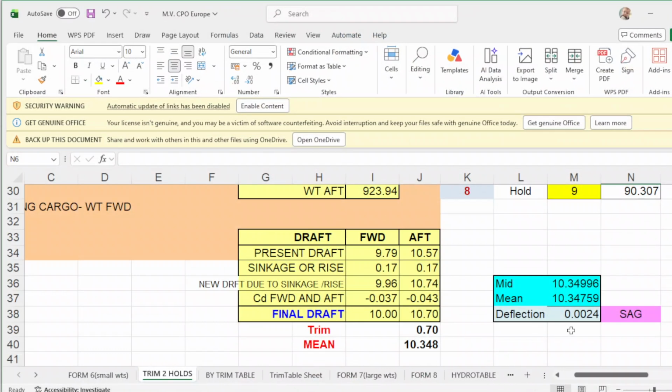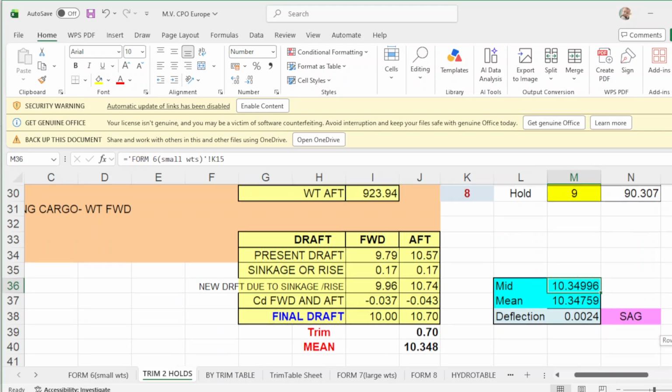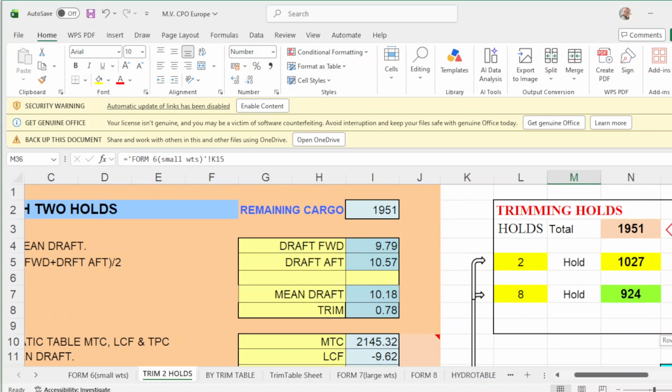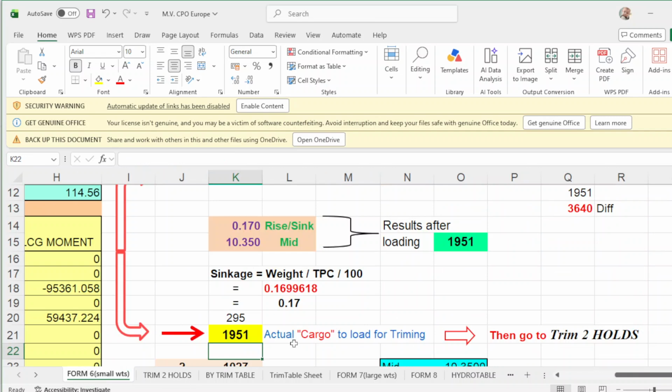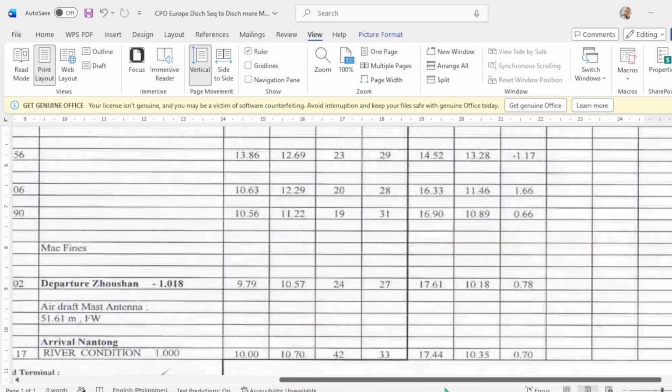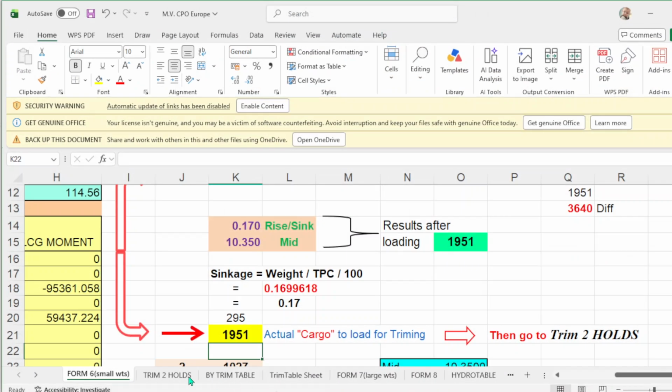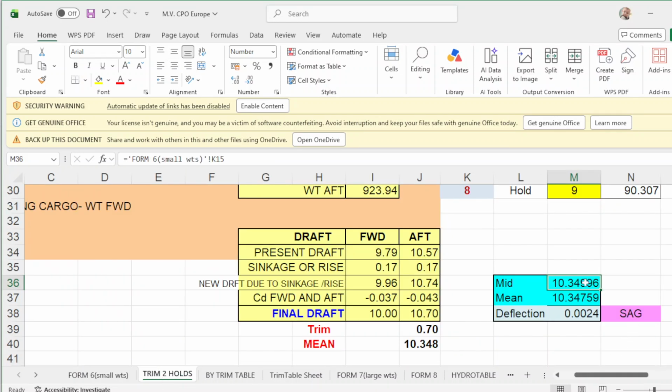And your deflection is 0. So your mid drop is this one. Sorry, mid drop is this one. So what I do, I'm sorry, mid drop, put this equals, okay.